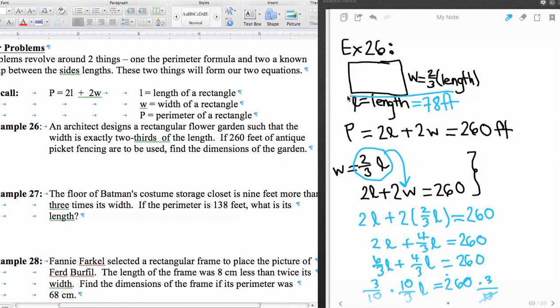And so that's our length. And then the width is 2/3 times that, so 2/3 times 78. 3 will go into 7 2 times, with 1 left over, and 3 will go into 18 6 times. So this is going to be 26 times 2, that's 2, carry the 1, which is 52 feet. And so now we have the length and the width, and our check is to see that the perimeter is